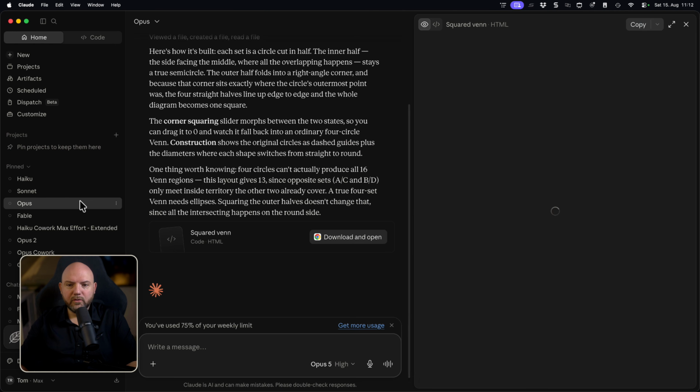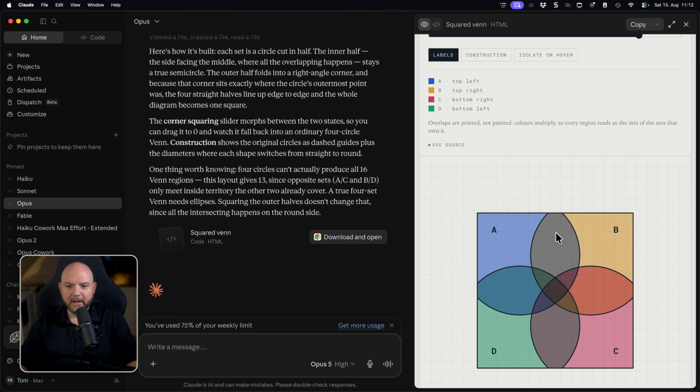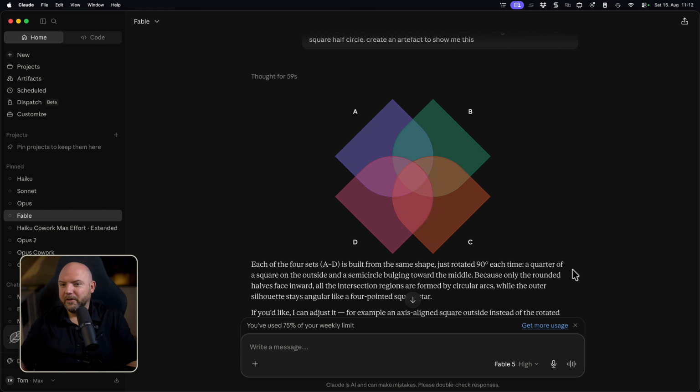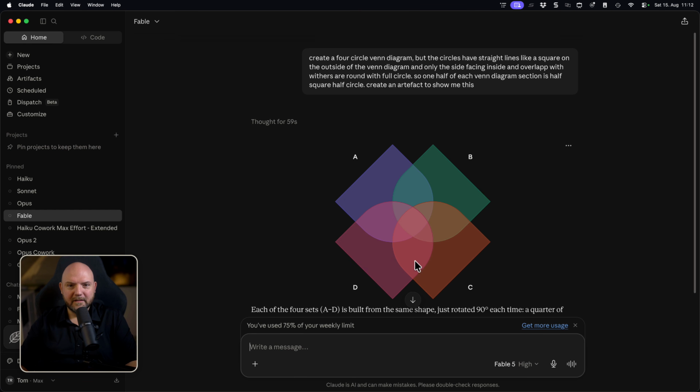So now let's go to Fable. Because you would say, okay, this looks already correct. Well, this is what Fable made, and I thought, this is amazing because I didn't even think about that. I can position it. I started to draw the Venn diagram on a paper to see how I would draw these squares, and it turned it. This is amazing.